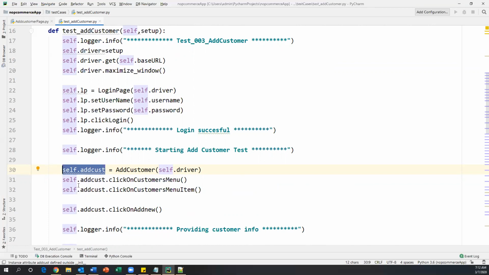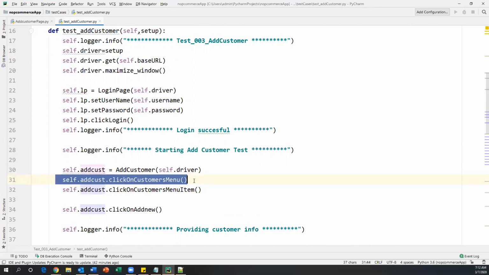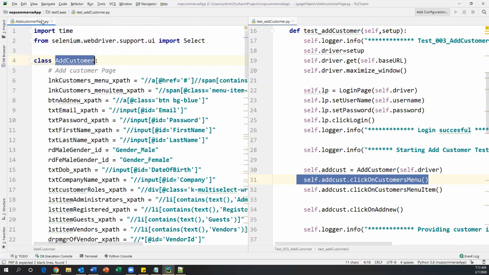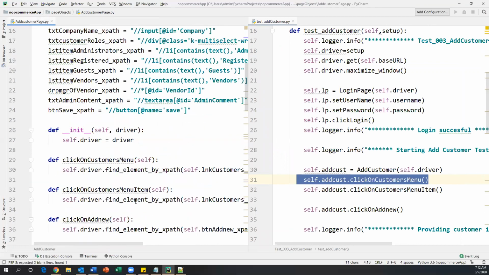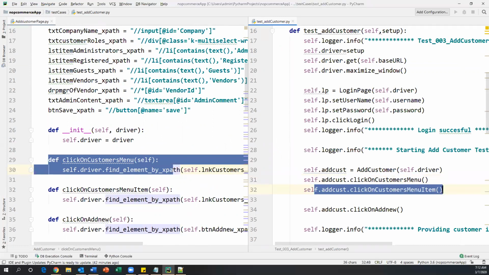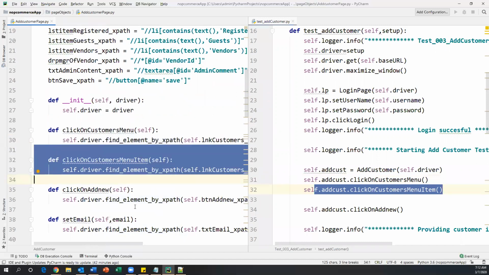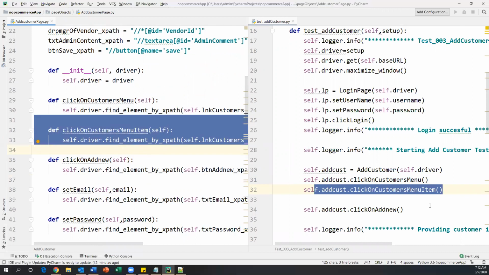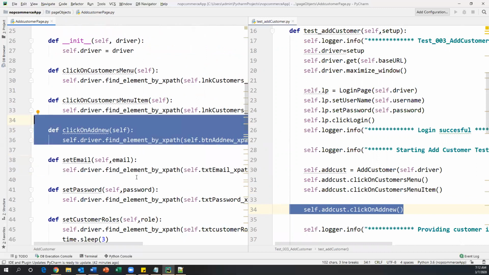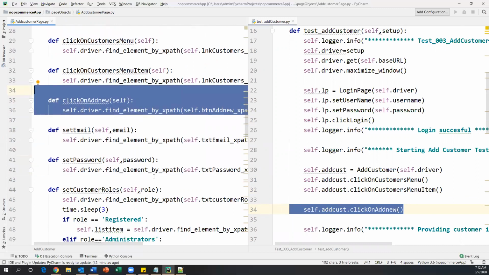So I'm just calling those methods: self.add_customer, click on customers menu, then automatically it will go and click here. Then click on add customer menu item, so the second method will be called and it will perform the click action on the second menu item. And then click add new, which calls this method and performs the click on the add new button.